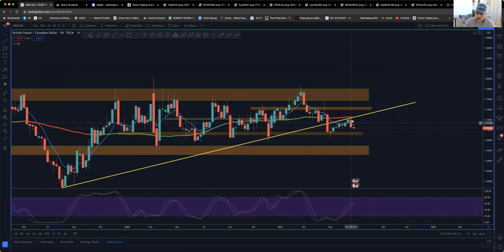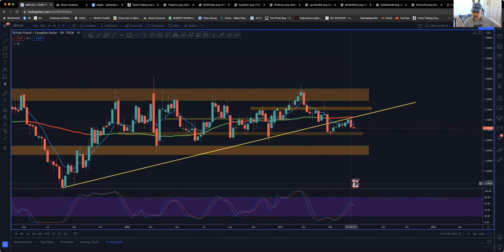Now it attempted to go back up and it dropped again. This is looking bearish, at least to this minor zone over here. All right, so again, rejection from the top. The next candle rejects also. That could keep coming down. Now again, coming down to right here and then probably go back up to test the